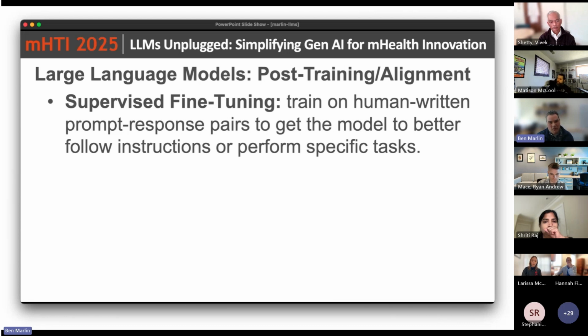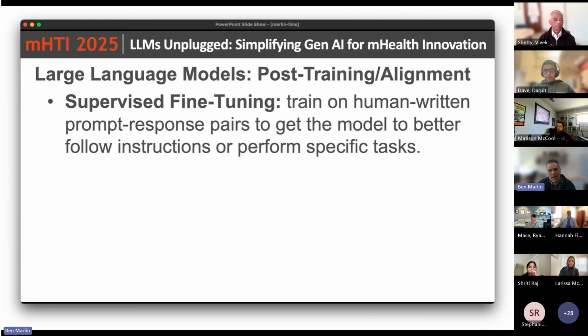So there's a step called supervised fine-tuning or SFT, where you can generate human-written prompt-response pairs. The idea is to get the model to do better at following instructions or performing specific tasks. If you show the model some examples of what it looks like for someone to ask a question and then provide a response, that kind of interaction is not what most of the training data actually looks like. So the models require additional training to actually provide that capability.